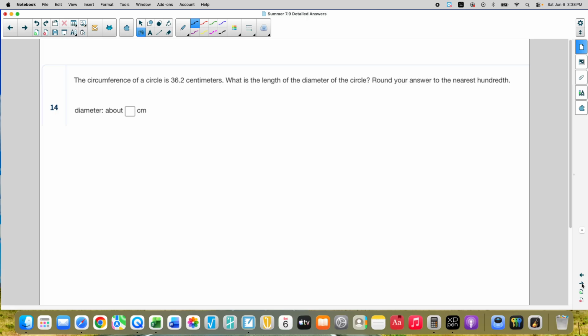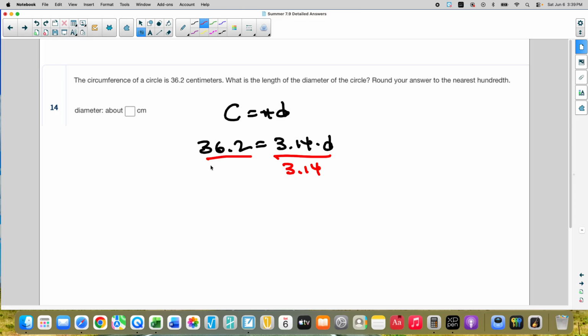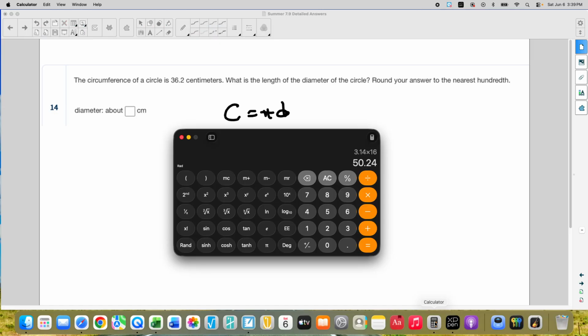The circumference of a circle is 36.2 centimeters. What is the length of the diameter? So circumference equals pi d. We know what the circumference is, 36.2. And we know what pi is, 3.14. And we're solving for the diameter. So we will divide by 3.14, divide by 3.14. And using our handy dandy notebook, that is going to be 36.2 divided by 3.14,